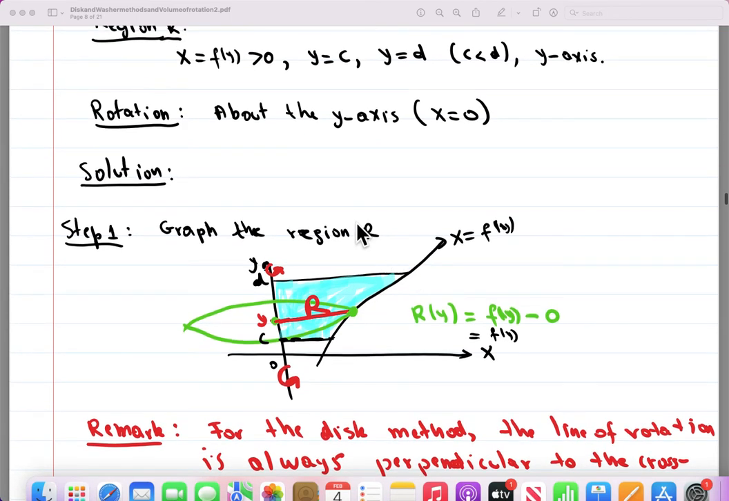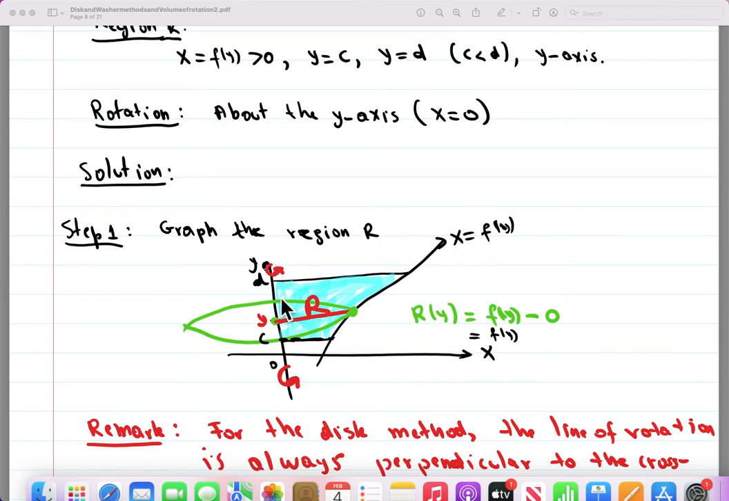So x equals f of y is this curve. Y equals c is this horizontal line. Y equals d is this horizontal line, and the y-axis. Okay. And then it says the rotation is with respect to the y-axis, which is x equals 0. So we put the curved arrows around the y-axis, and that gives us